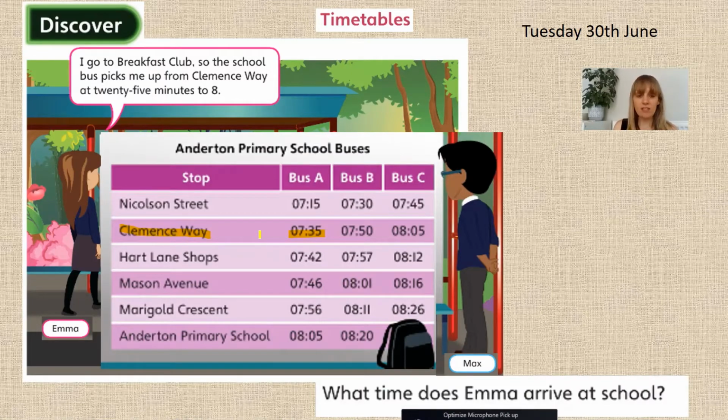Now, the way we read a timetable is if we've gone across a row like this, she catches it at Clements Way at 7:35, and then we're looking to see what time she gets to school. We look down the column now to find the school, Anderton Primary School, and then we can read what time she gets there because she's obviously catching bus A, so she would get to school at 8:05. Now then,